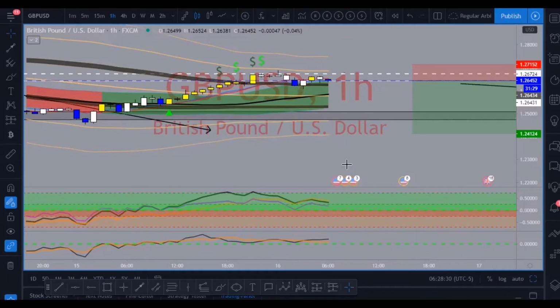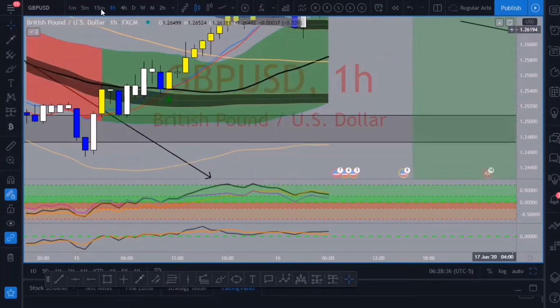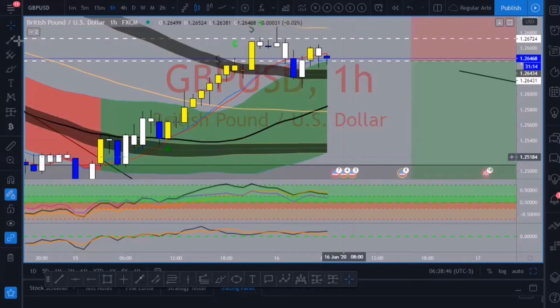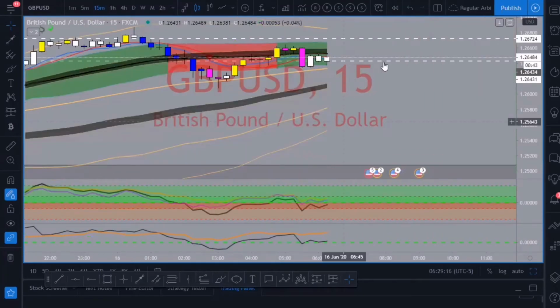I'm going on the 1 hour time frame. I am starting to see, 1 second. Scoot this up. I'm pretty sure on the 15-minute, it looks like it's already sold. But on the 1 hour, I do see that price is currently under the momentum line, but it's still above the compass line. So this is a little risky to get into right now, because there aren't really many signs, especially with the level pro and arbitrage. There's not really many signs showing that it is going to go bearish. But again, like I said, on the 15-minute time frame, it looks like it's calling for the sell, and price is still